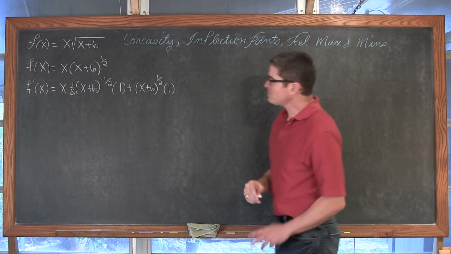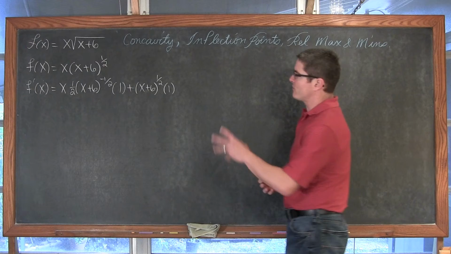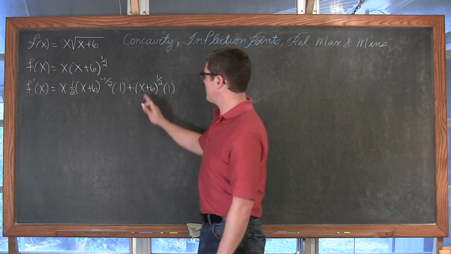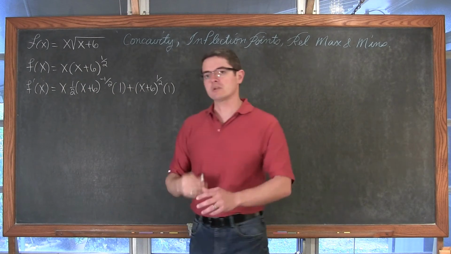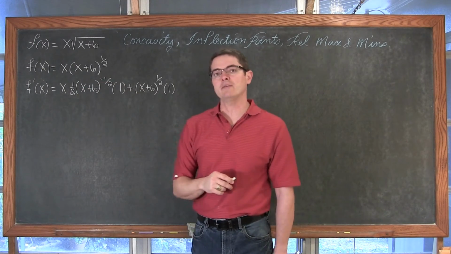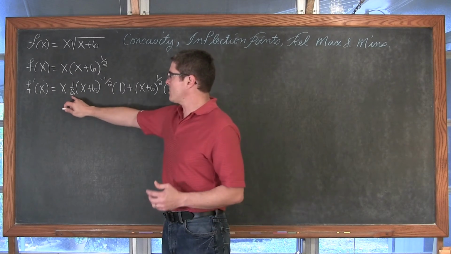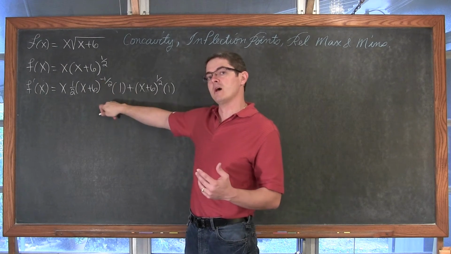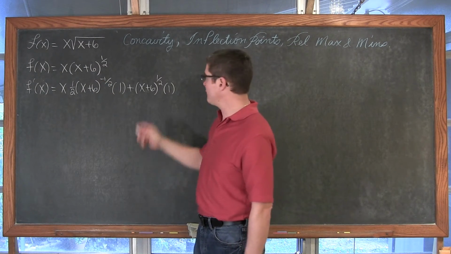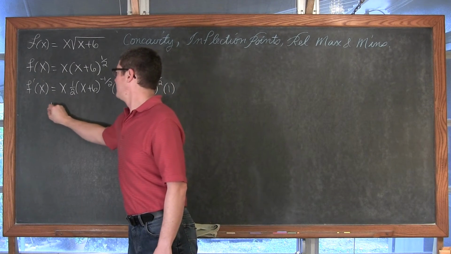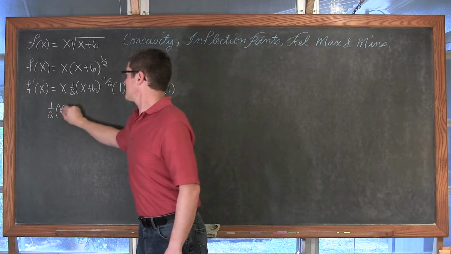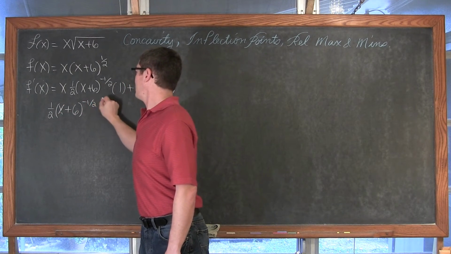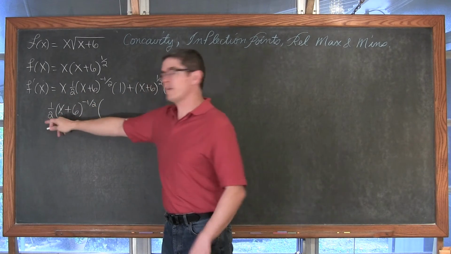Okay, so usually when you have radicals, or especially when you're working with the quotient rule, there's going to be a little bit of factoring going on. Both of these terms have a factor of x plus 6. You're going to take out the lowest power, which is the negative 1/2. And when I have a coefficient which is a fraction, because there's going to be some stuff floating to the denominator, as you can see with the negative exponent, I like to take that fraction out as well. So I'm going to factor out a 1/2 and the x plus 6 to the negative 1/2 power out of both of these terms, and 1/2 divided by 1/2 is 1.